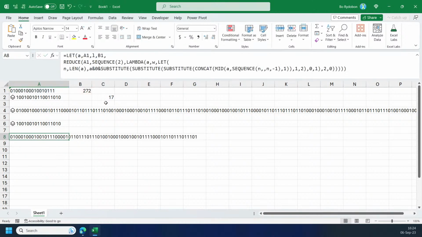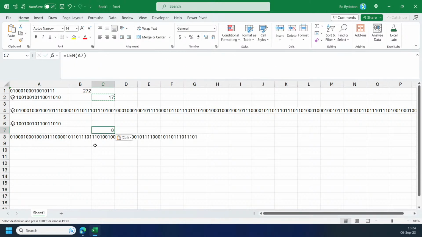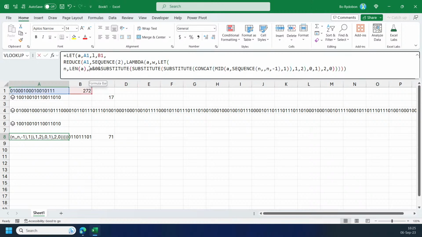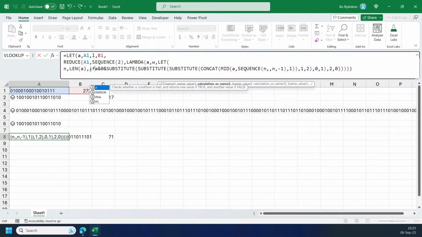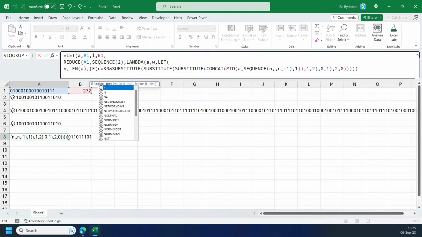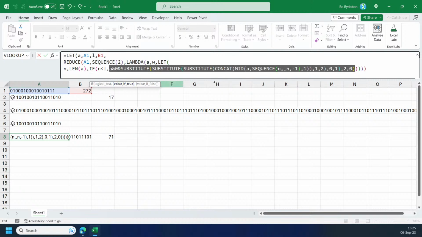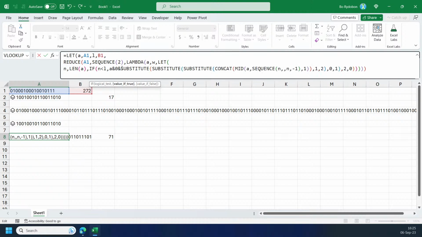The second loop will get longer, and I'll just check the length here. Then the third loop will take longer and longer, and then finally we have to stop. So to stop it, I will check like this. So if n is less than L, we still continue doing this. But if it is not,